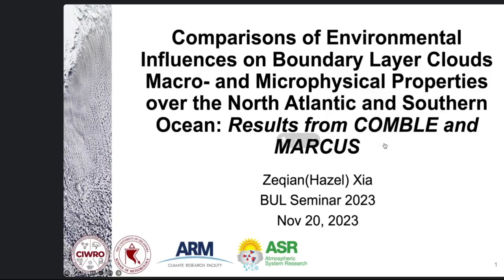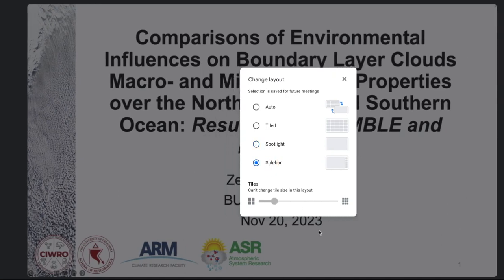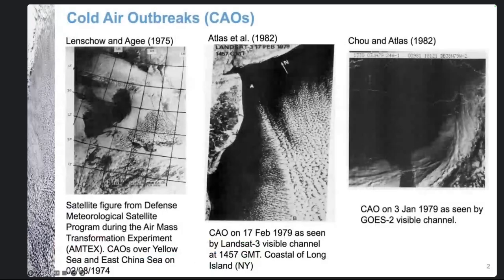So the topic today is the comparison of environmental influences on boundary layer clouds' macro and microphysical properties over the North Atlantic and the Southern Ocean. We use measurements from the COMBLE and Marcus campaigns. Before I introduce what COMBLE and Marcus are, the first definition I'm going to introduce is